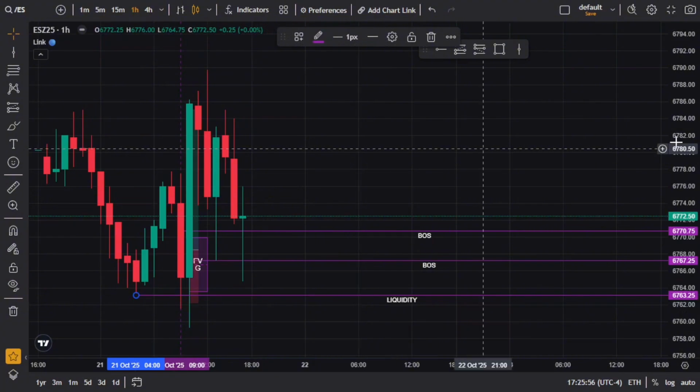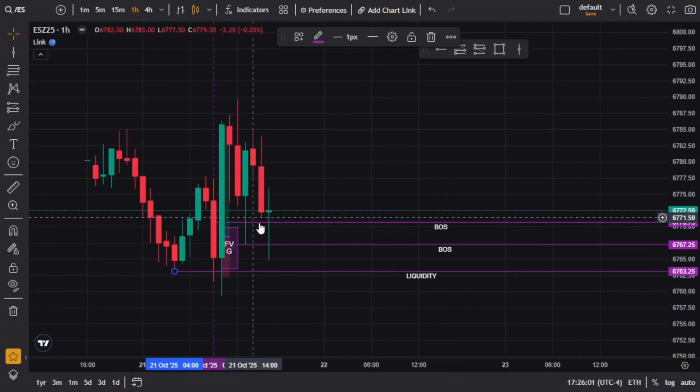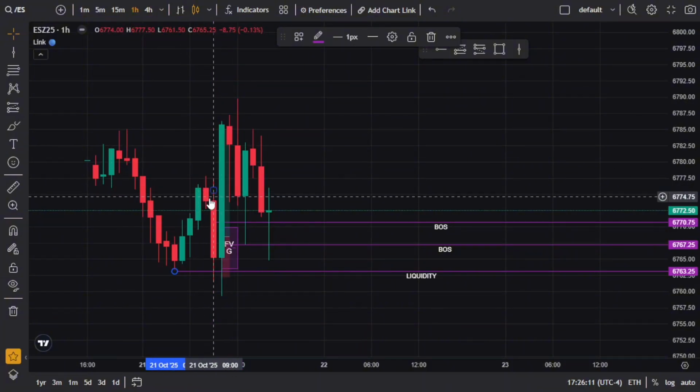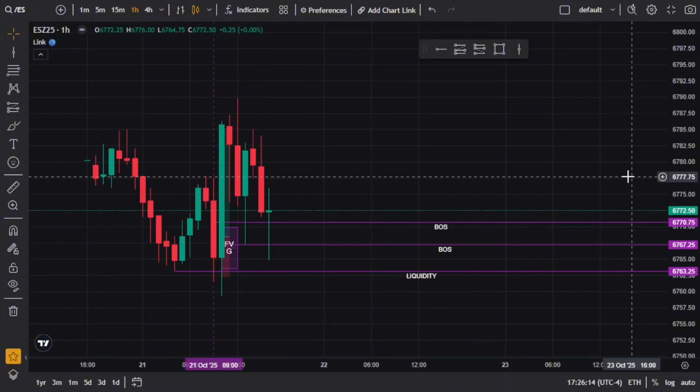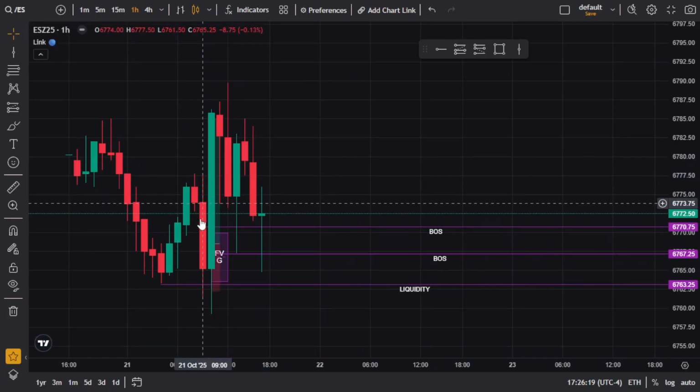So if we're in an uptrend, we're going to mark out our lows. This is where the candle was at. None of this even happened. None of anything past here happened yet. So it was just this candle and back. And I marked out my liquidity on the 1 hour, right? Market opened. Market grabbed liquidity down here.